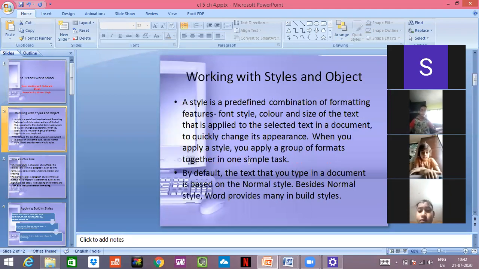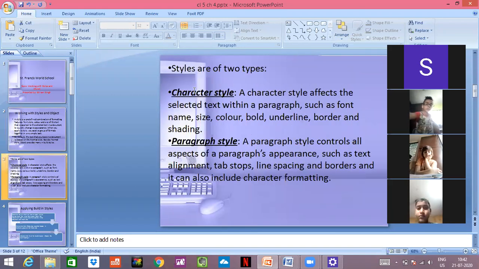We have discussed earlier why we need styles: to make things attractive and look different. When you have a lot of pictures and different styles, it makes the font attractive and you feel like studying it. And when there is no picture, a picture also helps us to understand things. We have discussed that there are two types of styles: character styles and paragraph styles.